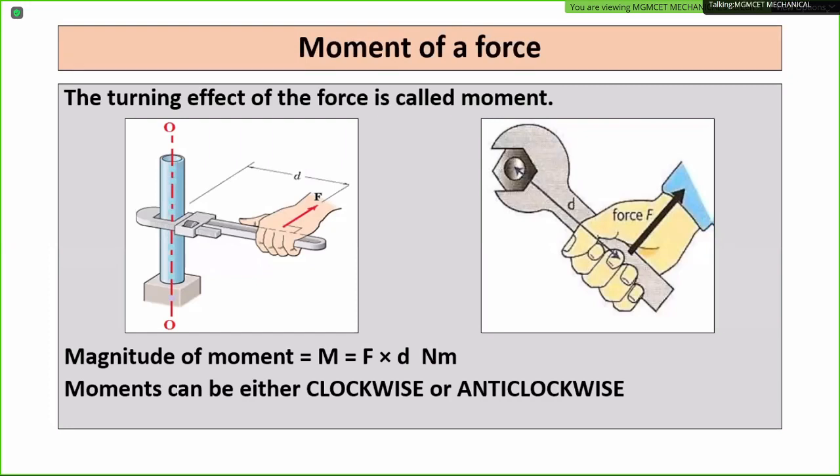So again, I have to use some sign conventions. If a clockwise moment is given, you can consider either direction as positive; that depends on you. If you are considering clockwise as positive, consider anti-clockwise moment as negative. If you are considering anti-clockwise moment as positive, clockwise has to be considered as negative. So here we will fix it now. In the analysis of the problems, I will use clockwise as negative and anti-clockwise as positive. There is no hard and fast rule for this one.